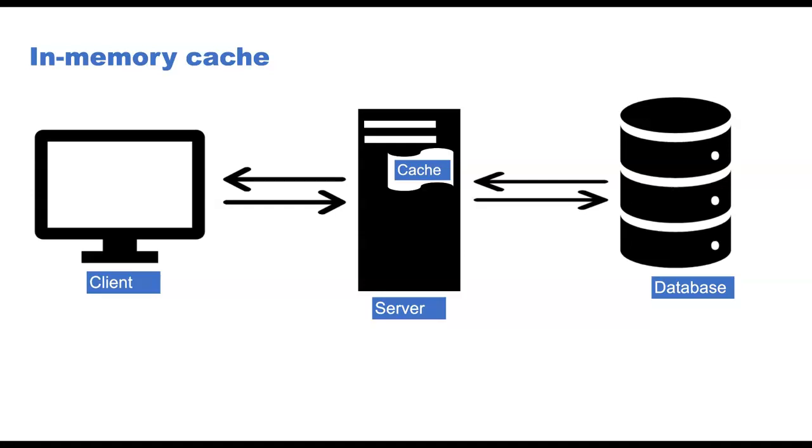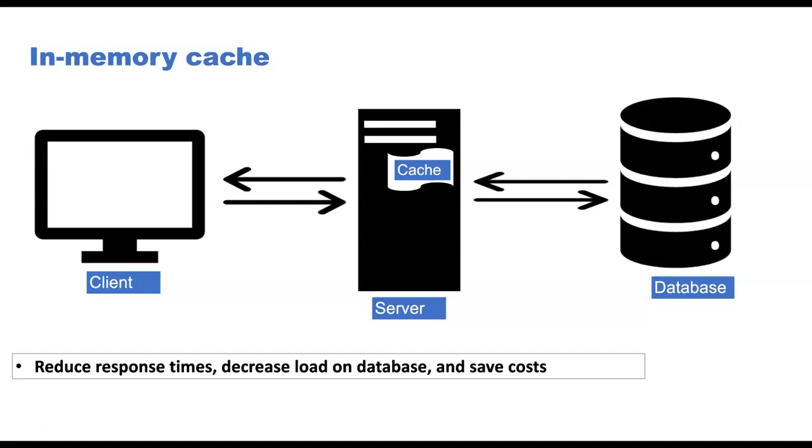In the in-memory cache concept, the server has a cache inside it. Whenever the client requests some information from the server, instead of looking to the database directly, it will first check its own cache. If the information is available, then it returns it back. Otherwise, it will hit the database, fetch the information, store it into the cache, and return it back to the client, so that the stored information in the cache can be served whenever the same request comes from the client. In such a way, using the in-memory cache, we can reduce the response time